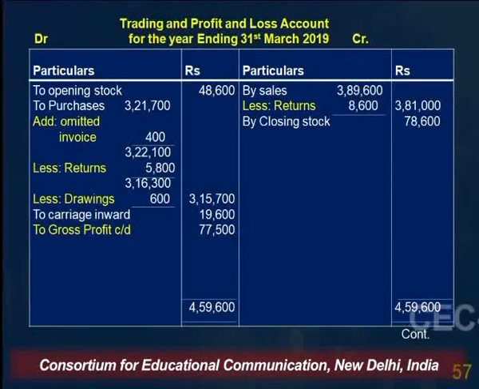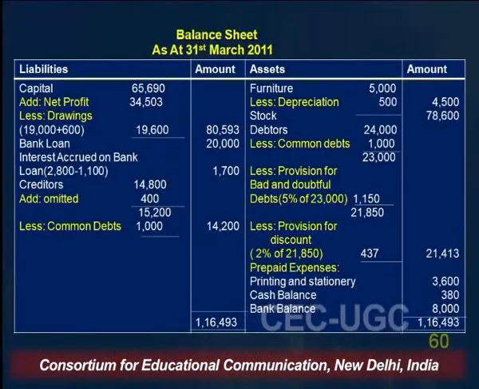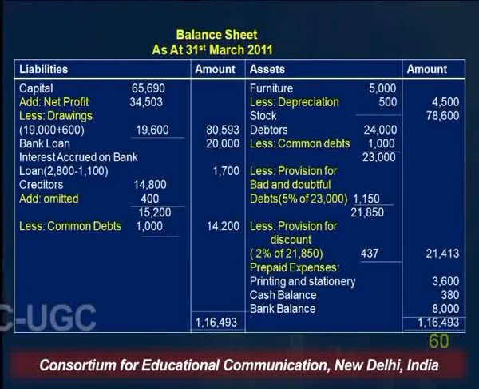As you can see in the purchases, on the debit side of the trading account, drawings are deducted from the purchases worth rupees 600. If any goods are withdrawn by the owner for his personal use, then it is termed as drawings, and these drawings are to be deducted from the purchases. The other effect would be on the balance sheet. These drawings will be shown in the balance sheet on the liability side. So every item which is given outside of the trial balance will be affecting at least two places.